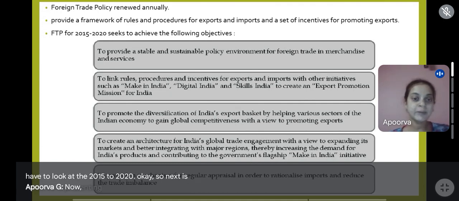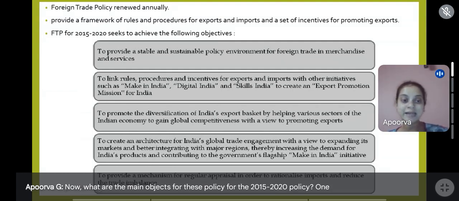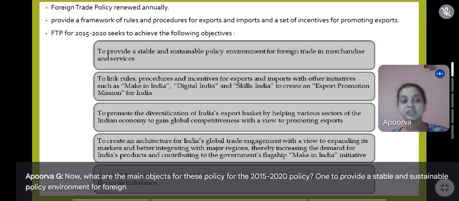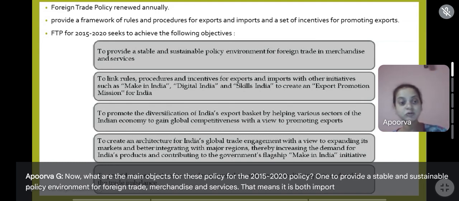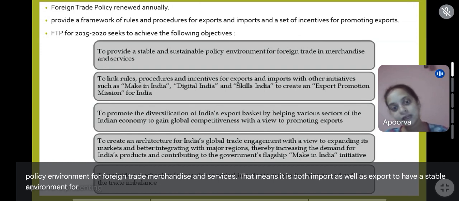now what are the main objectives for the 2015-2020 policy? One, to provide a stable and sustainable policy environment for foreign trade, merchandise and services. That means it is both import as well as export, to have a stable environment for people importing and for